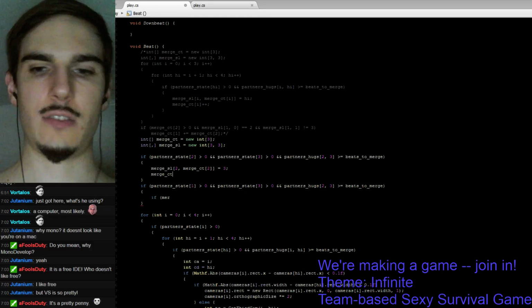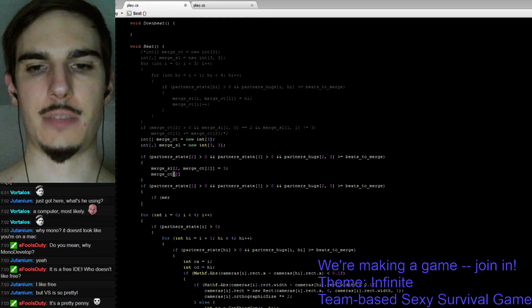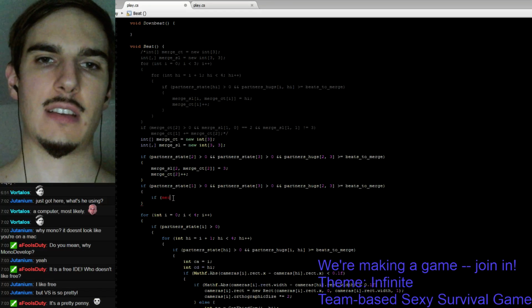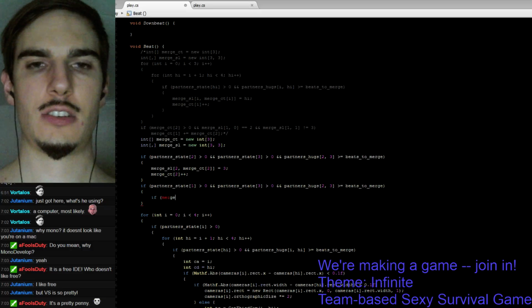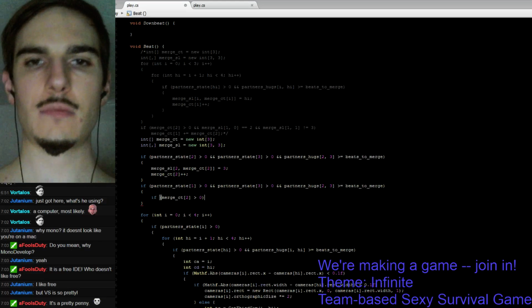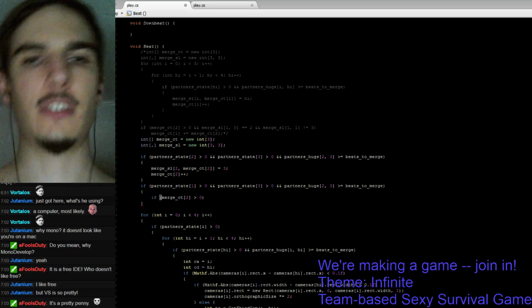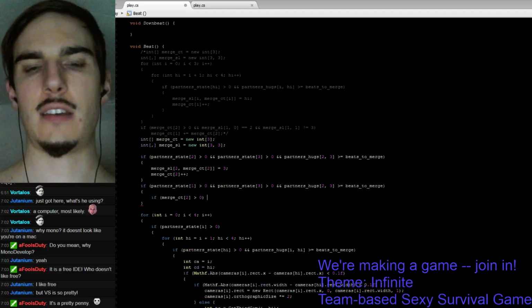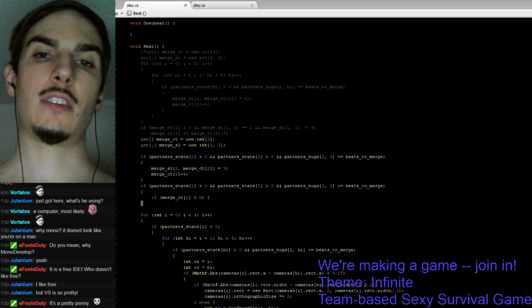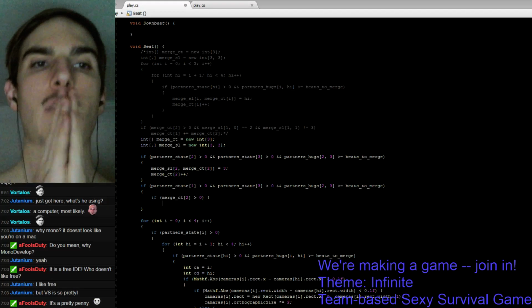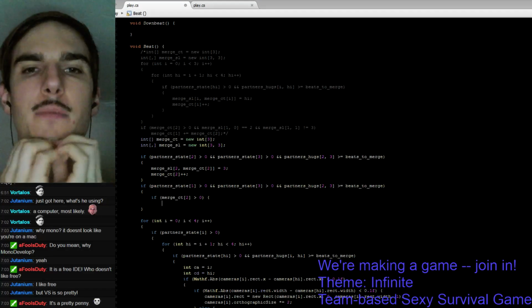Merge count 2 plus plus. So yeah, we can even just, as a shortcut, we can just say merge count 2 is greater than 0, because if this is not greater than 0, we don't really have to bother with this extra step. But if it is greater than 0, then, oh, so the double meaning of merge count